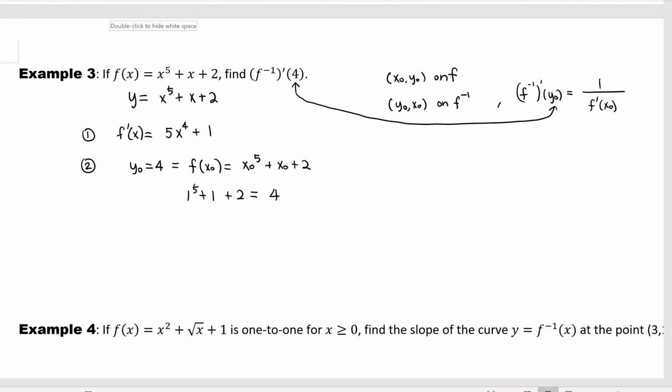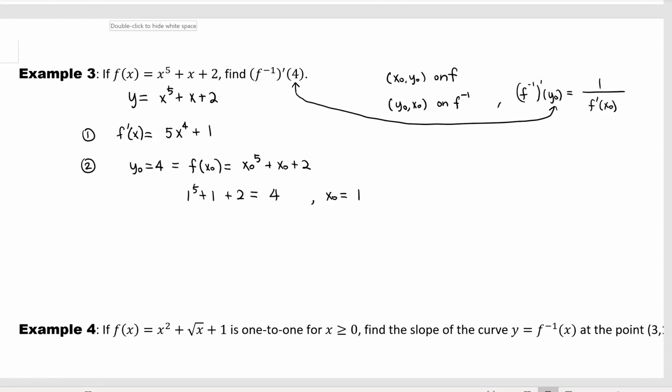When I ask you this type of problem, the numbers are easy enough that you can plug in and solve it. You don't need to solve polynomial equations in general. The numbers should be easy enough that you can try some values. Try 0, try 1, try 2, try -1, try -2, and you can find it easily. Okay, so x0 is